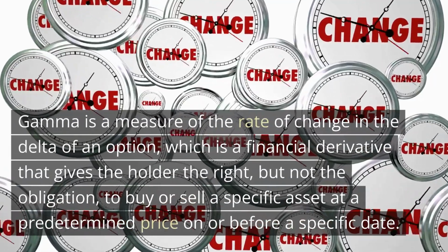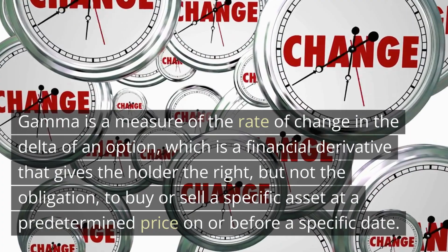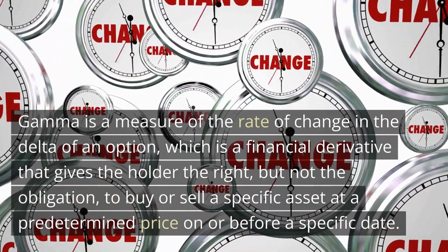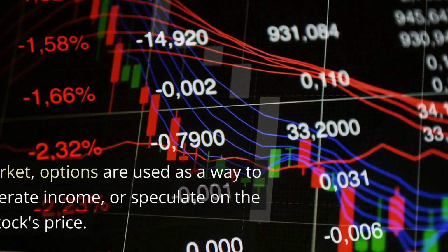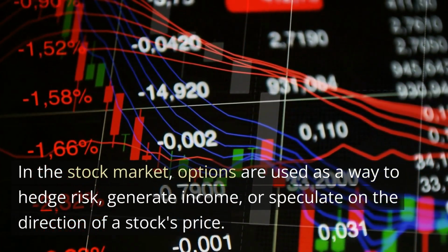Gamma is a measure of the rate of change in the delta of an option, which is a financial derivative that gives the holder the right, but not the obligation, to buy or sell a specific asset at a predetermined price on or before a specific date. In the stock market, options are used as a way to hedge risk, generate income, or speculate on the direction